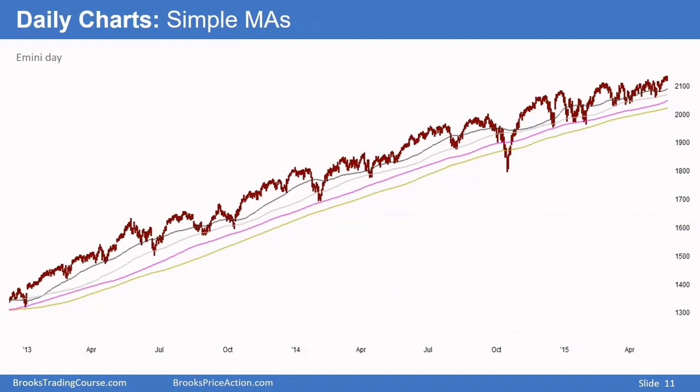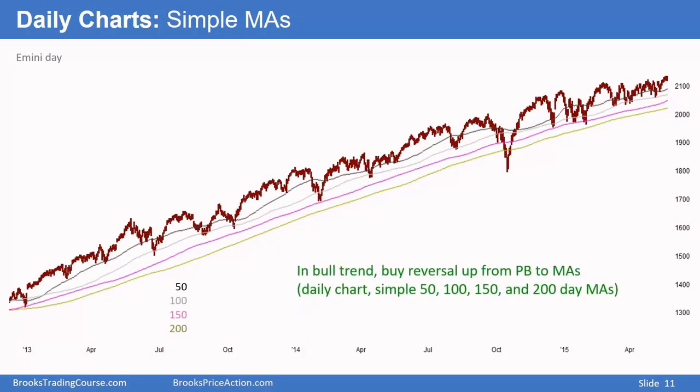Daily chart of the E-mini. Many traders pay attention to simple moving averages. Popular ones are the 50-day moving average, 100-day, 150-day, 200-day. I have them color-coded here. And in a bull trend, bulls will buy reversals up after the market pulls back to any of these moving